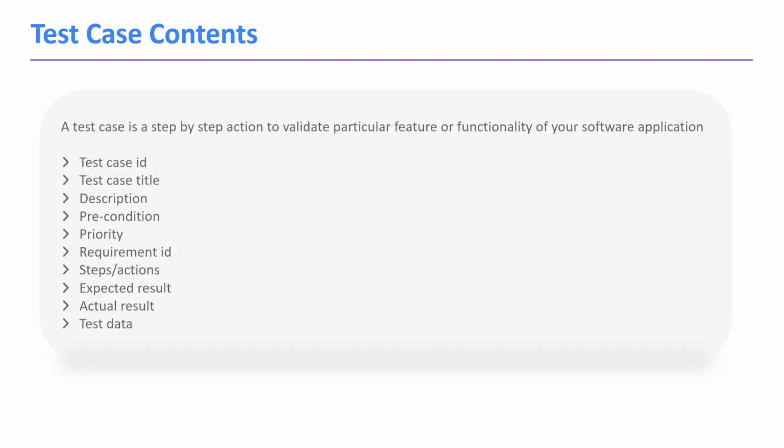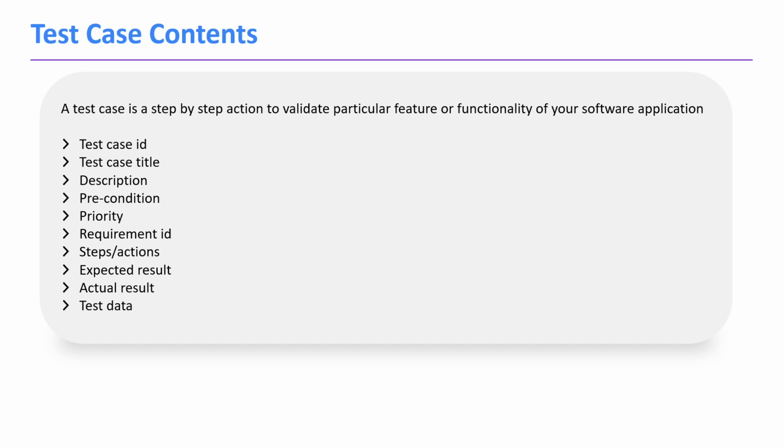Then next topic is test case contents. As we already seen, test case is a step-by-step process or action to validate the particular feature or functionality of a software application. Okay, so what are the different contents in the test case template? So first is a test case ID, which is some unique number for each test case. Then test case title, then the description about your test case,